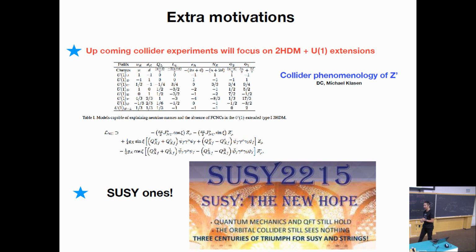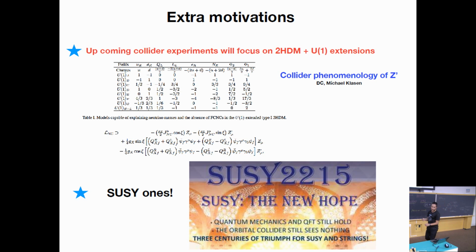They will put these scenarios like a benchmark point for the experiment. So this scenario, if we study this extension with different possibilities, with different gauge symmetry, we will put on the table for the experiments the way of looking for that kind of new particle or new excess. So for the near future, it will be very important to take this kind of extension on the table for a deep study.